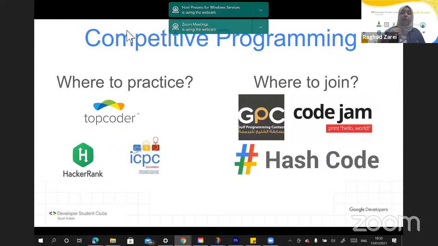And for local competitions that you can start with, there's the Gulf Programming Competition. It happened in 2018 in Dubai, and unfortunately last year it was going to happen in Oman, but with the pandemic and everything, it got postponed. But it's one of the top competitions in the MENA region to be done by Gulf countries and things like that. There was also a local one in Saudi Arabia.